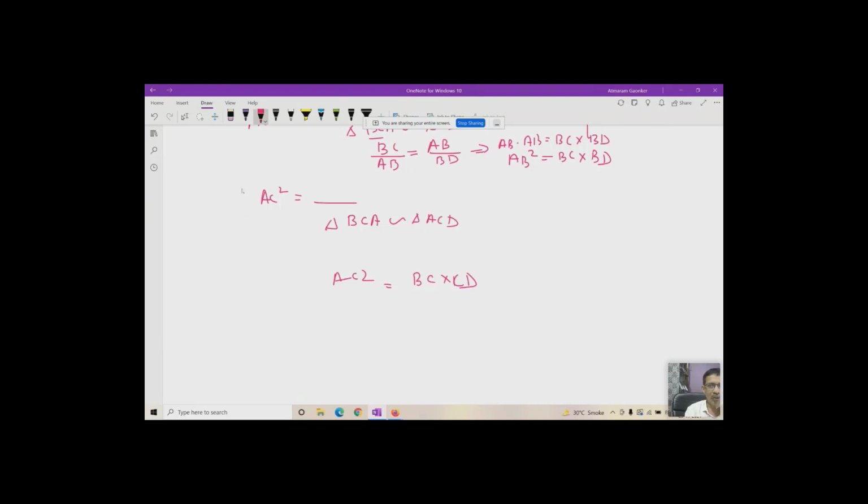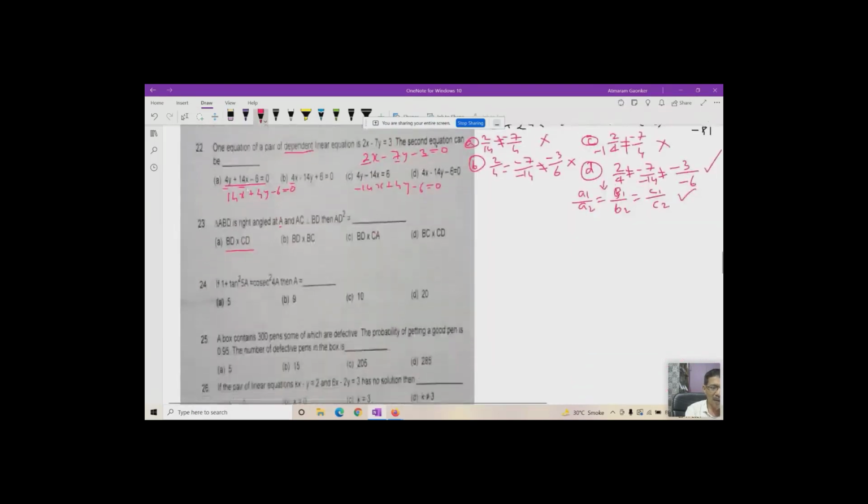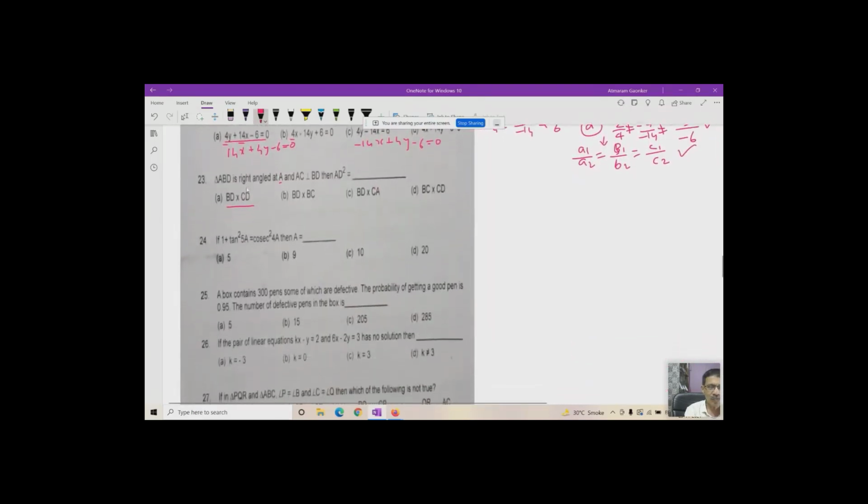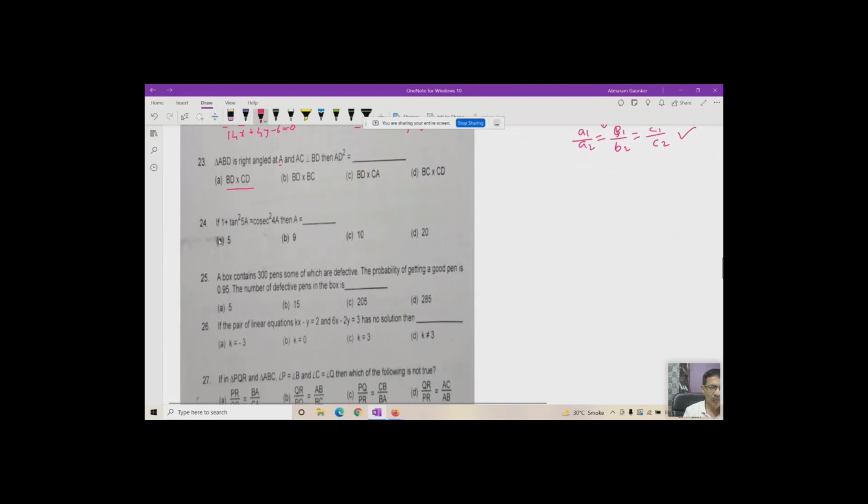Let me go quickly for answering the other ones. Now here, this will use the trigonometric identity. So which is the correct answer? Can you please type in the comment box the correct answer? And those who don't know how to find this answer, please type the question number 24. Just type 24, then I will solve. If everyone knows this, I will go ahead.